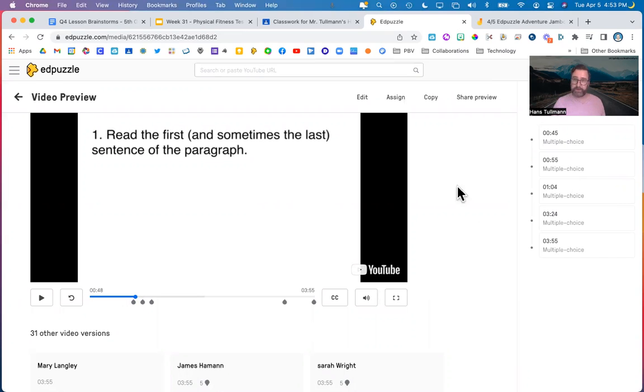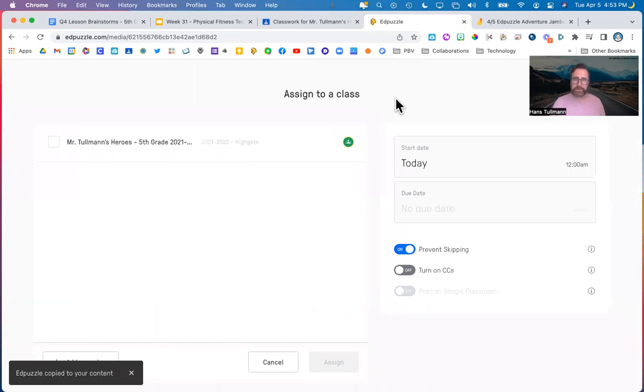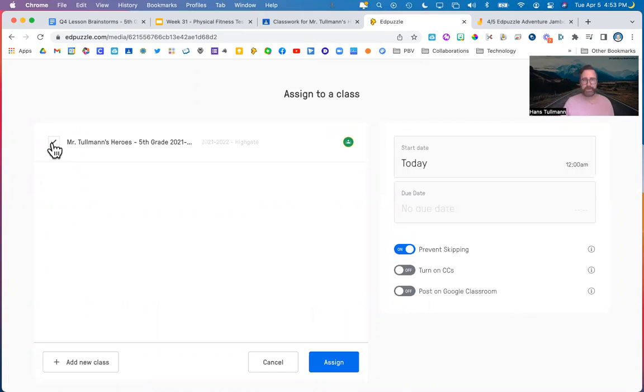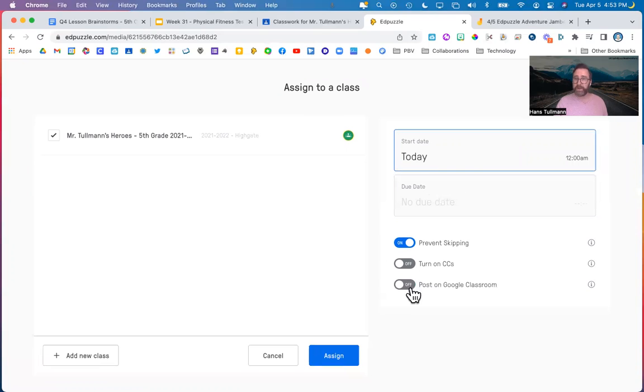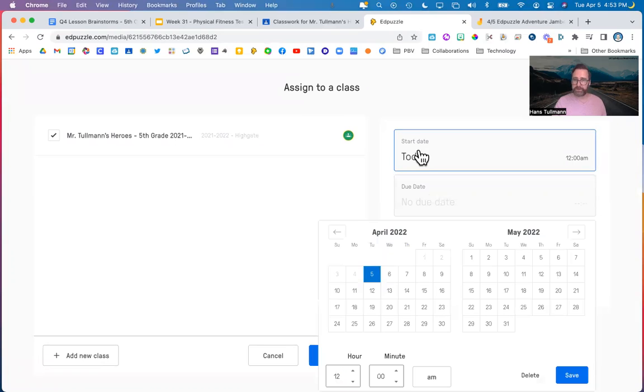I've already connected my Google Classroom to this, so I can click on Assign, and this is what it looks like. I select the classroom I want to assign it to. I check mark it. I can schedule it, so it's not available today, but I'd want it for next week. So I can set that all up over here. I can automatically post it to Google Classroom. Let's set it up for,